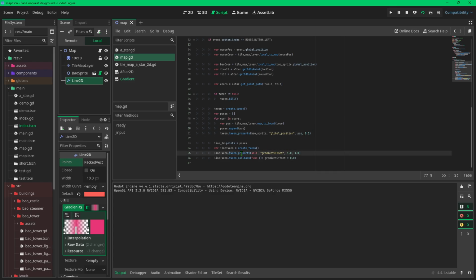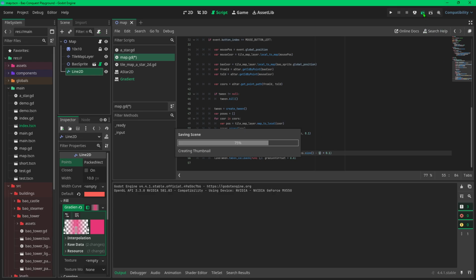So in our tween duration, we can change it to the points' position size times 0.1 second, because this position and this position are the whole path of the sprite moving. This includes the starting point, so we have to minus one, because the starting point doesn't come from the moving.